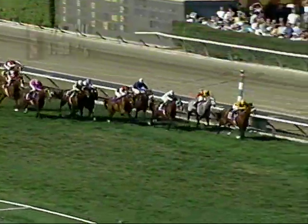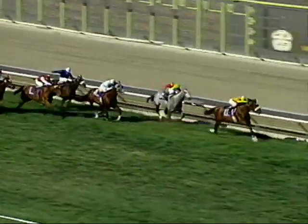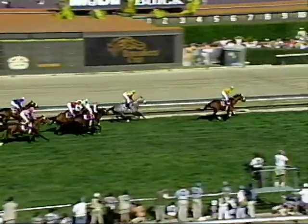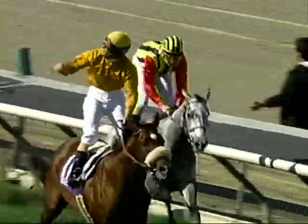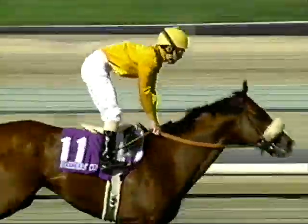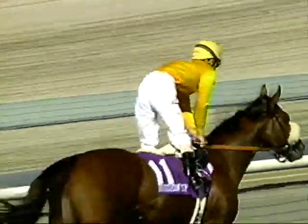Big Stone looking for a big run now, and he's threading his way through between horses, but Lure is looking for a repeat win in the Mile. The leader a length and a half with a furlong from the line. Ski Paradise is resurgent again. Four Stars All-Star. Big Stone is flattened out, and they're coming down to the line, and it will be Lure once again overcoming trouble on the first turn, and he goes on to a clear-cut and decisive repeat victory in the Mile. Like the great Miesque before him, Lure had scored a decisive repeat in the Mile despite that number 12 post